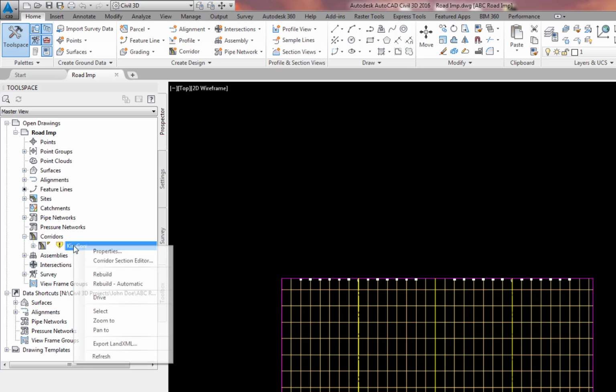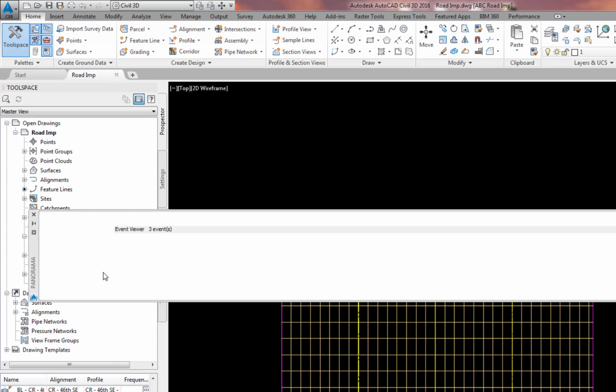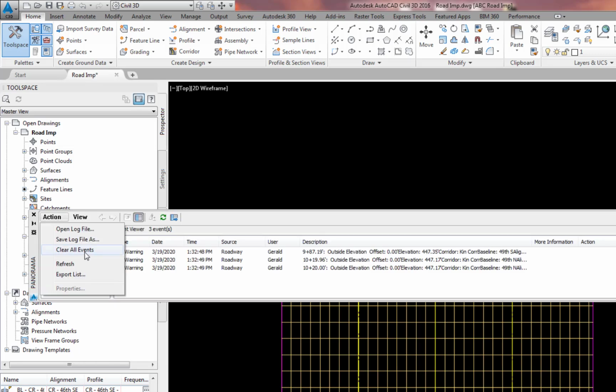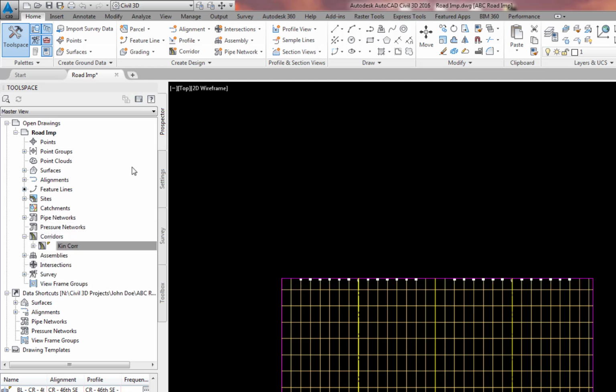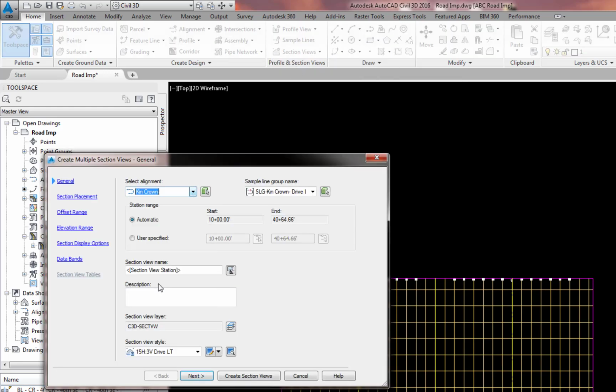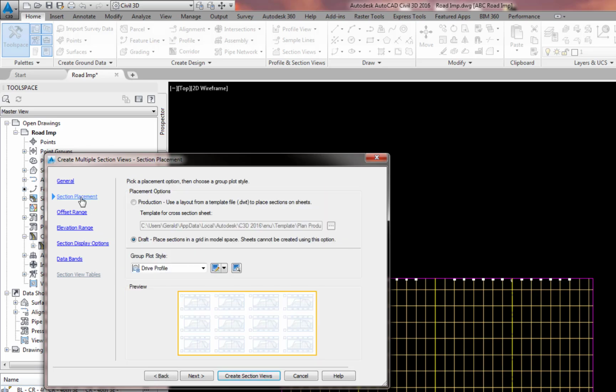Right click Kin corridor, rebuild, clear action, clear all events, close panorama, home ribbon, profile and section views, create multiple views, alignment, Kin crown, sample line group, Kin crown drive left, station range automatic, section view name, section view station, layer C3D, section view style, 15 horizontal, 3 vertical, drive left, section placement, draft, sections in a grid and model